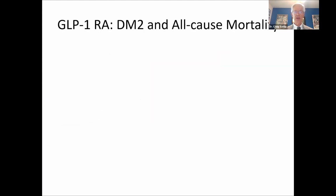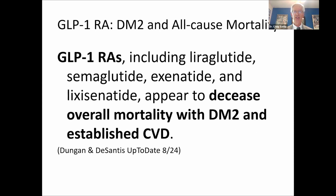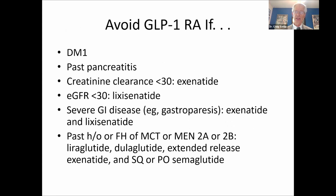And the GLP-1 receptor agonist with type 2 diabetes, not only cardiovascular benefit, but all-cause mortality is decreased in patients who have type 2 diabetes and established cardiovascular disease. But you want to avoid GLP-1 receptor agonists if you have a patient with type 1 disease, past pancreatitis, if you have the,